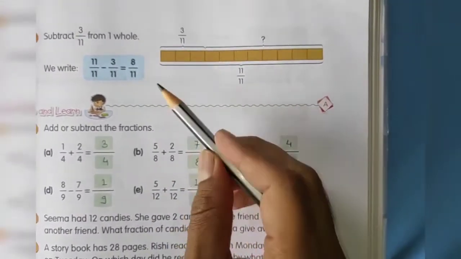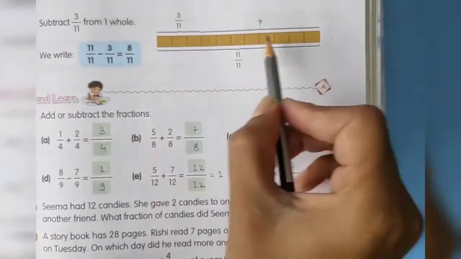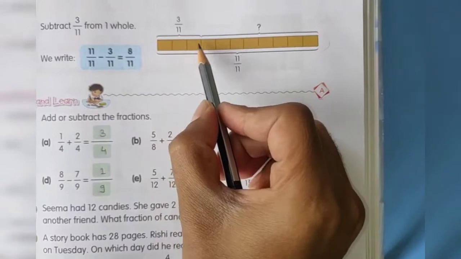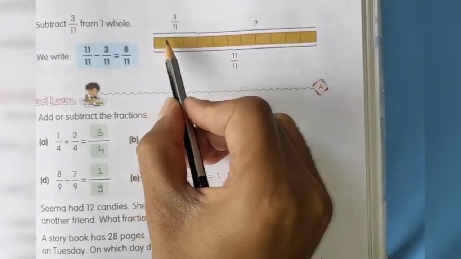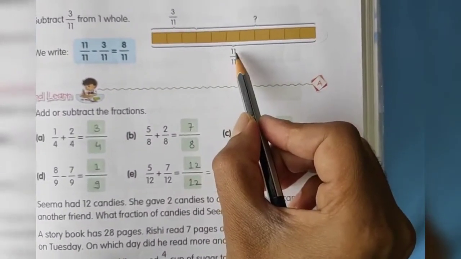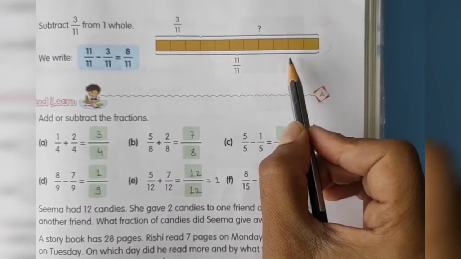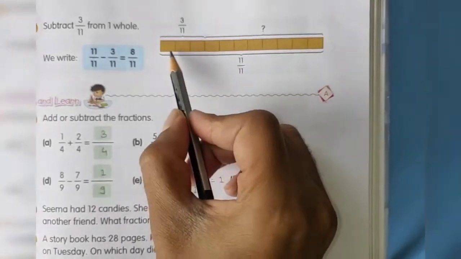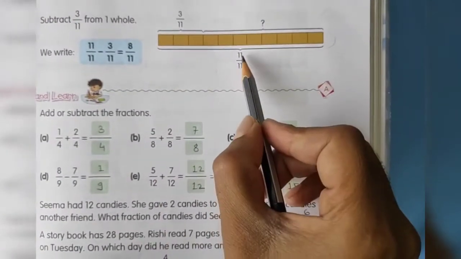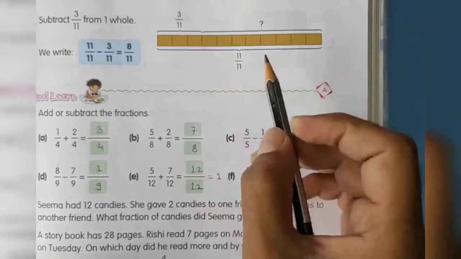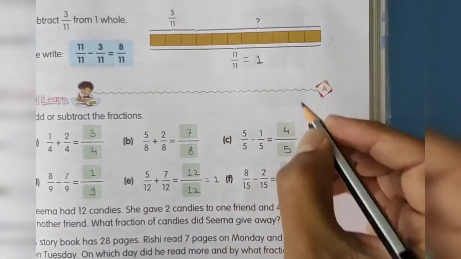See this figure? So whole means this complete. So how many parts are there for the complete? 1, 2, 3, 4, 5, 6, 7, 8, 9, 10, 11. So if I am selecting all parts, you can say it is 1, because we say whole or complete is 1. But again here how many parts are selected? Total 11, and total parts are also 11. So 11 by 11.